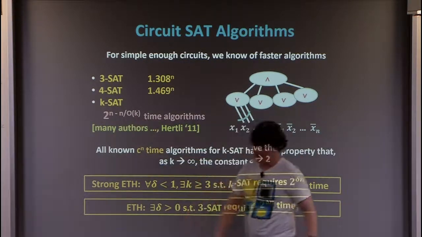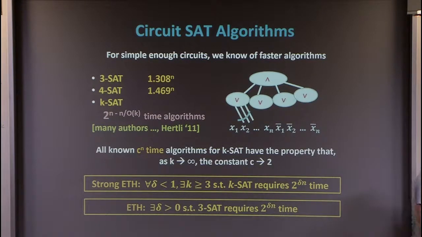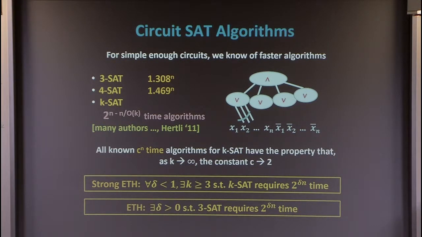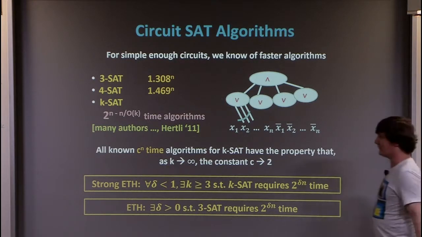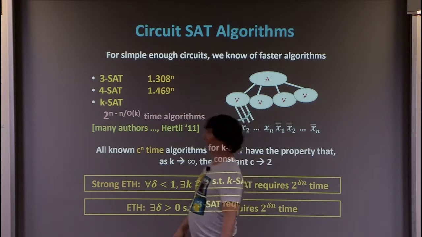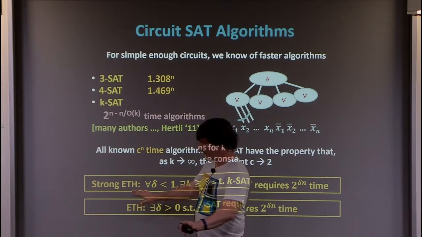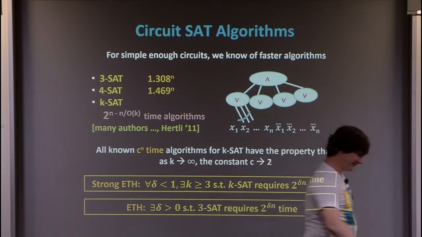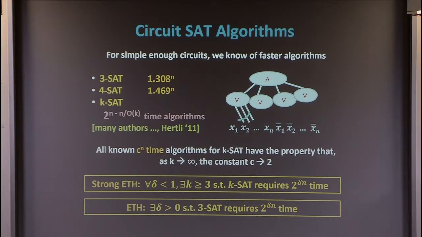You still get that. Timothy Chan and I recently threw a lot of complexity theory tools at trying to solve orthogonal vectors and KSAT faster deterministically. We have a new algorithm which can actually count satisfying assignments to KSAT. It's very radically different from any of these things. Still has this behavior, counting, but at least we can count assignments. So there's something about just getting beyond this kind of behavior, which